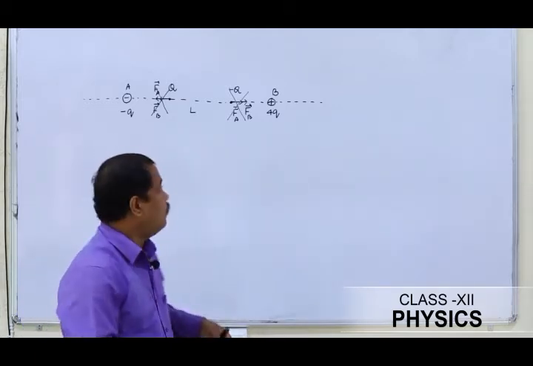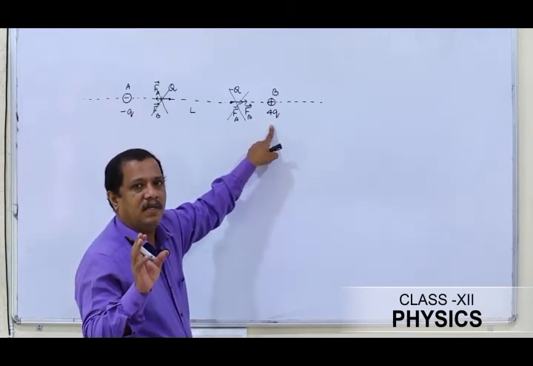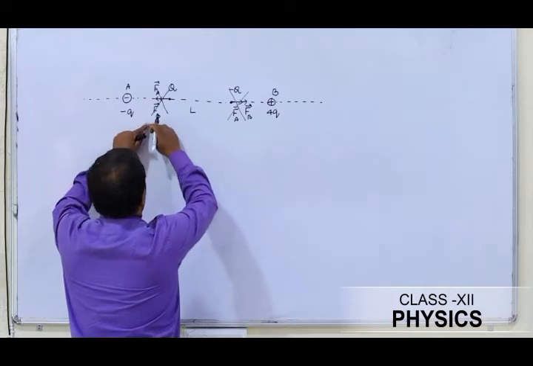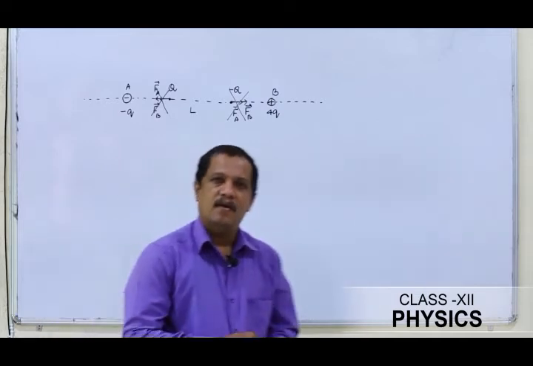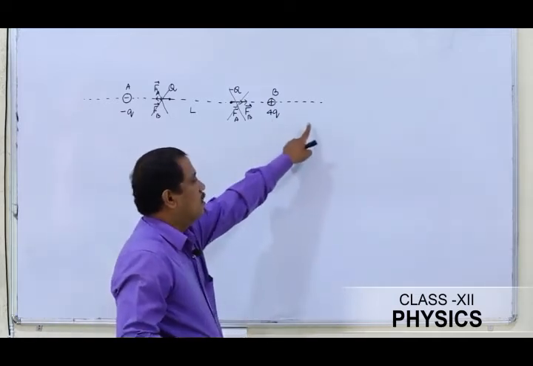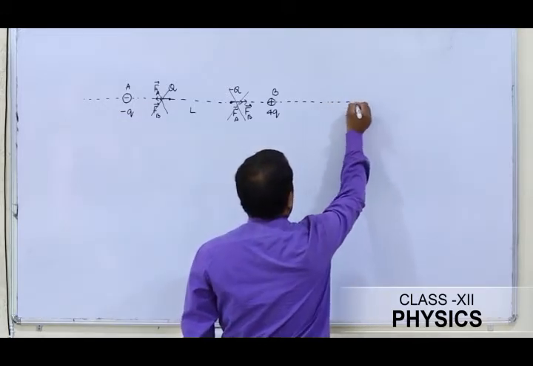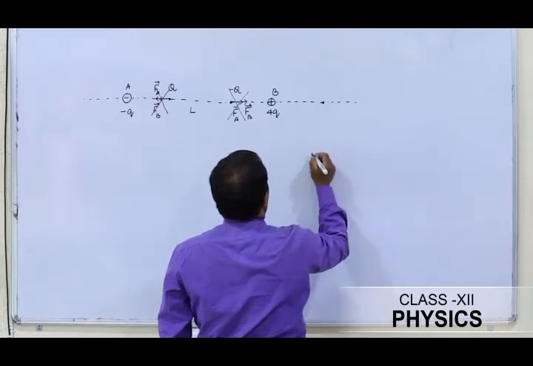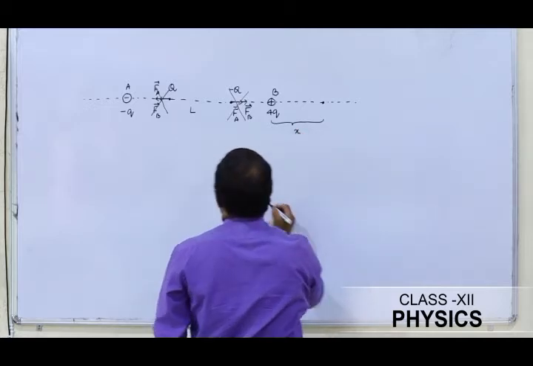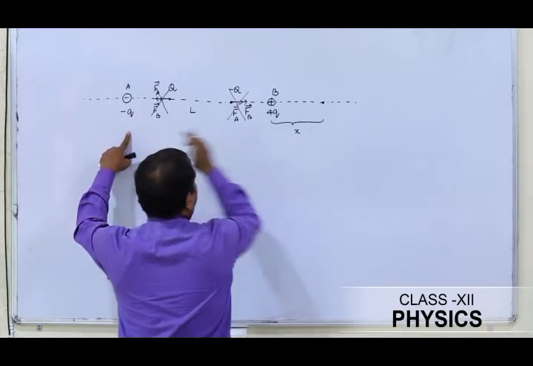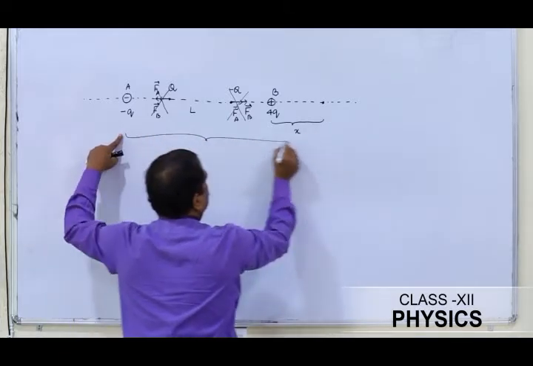So what is the concept? If we have two charges of opposite sign, then to locate the equilibrium position, we are not going to get anywhere in between the two charges. So definitely we need to check the right side of 4q and the left side of minus q. First, let me check the right side of 4q. If I consider one point here, and let me say from the charge 4q the distance is x, then from the charge minus q the distance will be L plus x.